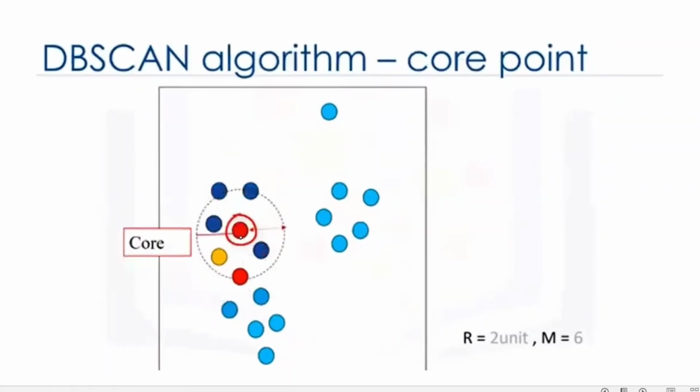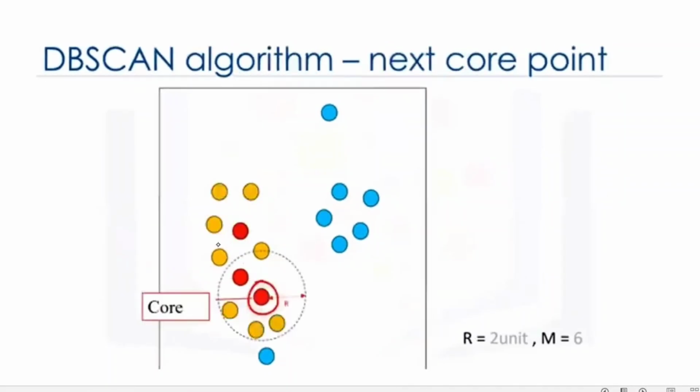Now next it will go to the next point. Again it will draw. For each and every point, how many points are there? For each and every point it will do the same. Not for one point, but for everything. Starting from here, first it will do the circle. For this data point, it will draw a circle of 2. For this one, it will draw a circle of 2. Like this, it is going to draw the circle for everything. Once it identifies how many border points and how many core points are there, first it will identify like that.